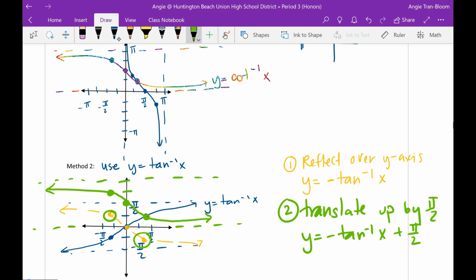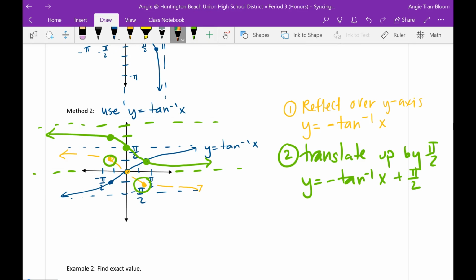So here's what we have. We took tangent inverse, we reflected it, and then we moved it up. So now this curve is exactly the same as cotangent. So that's what we're going to say: cotangent inverse of x is exactly the same as that piece. But to make things prettier, I'm going to move the pi divided by 2 in the front, minus tangent